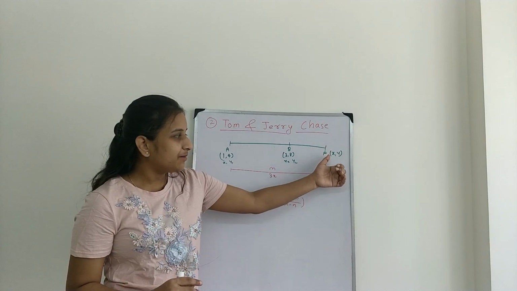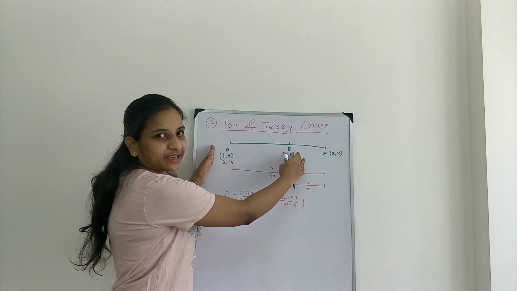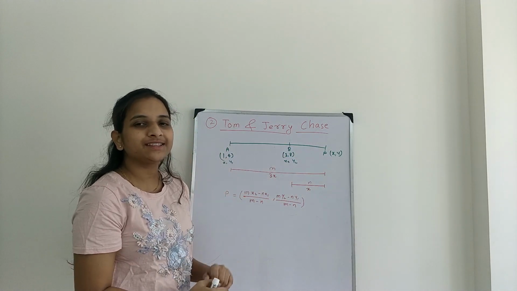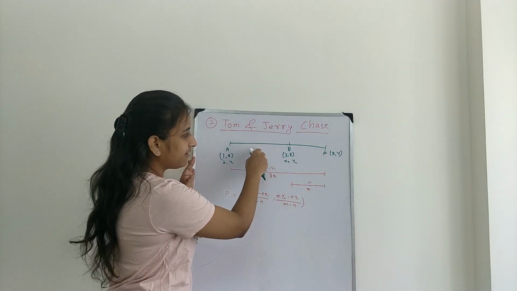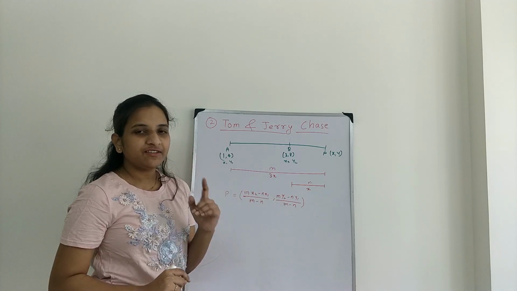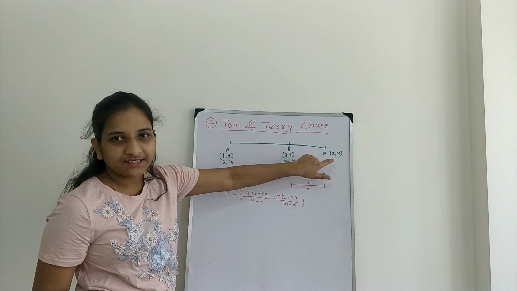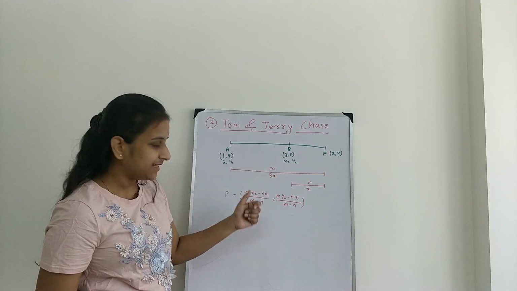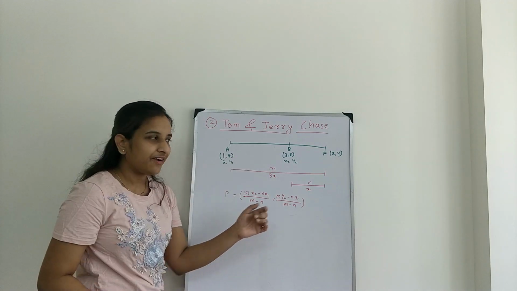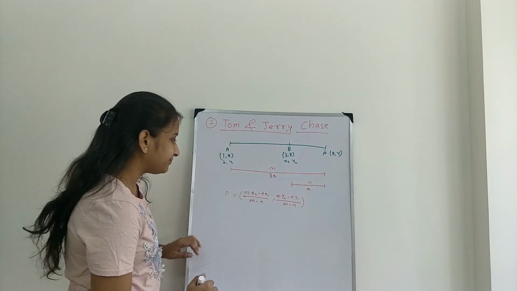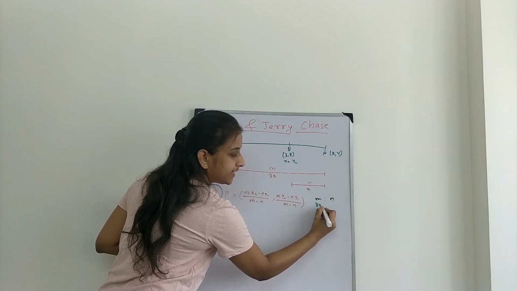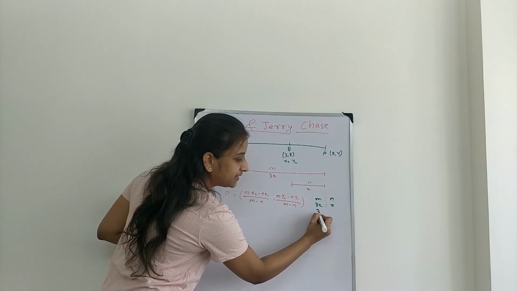See, here point P is outside of AB. So P divides line segment AB externally. In my previous example, P was dividing AB internally. So there was plus sign in the formula. And here, if P is dividing the line segment externally, then we will get minus sign. Let's put these numbers here and find out point P coordinates. See, m is to n is 3x is to x. That is nothing but 3 is to 1.